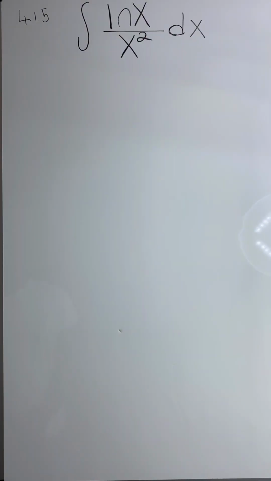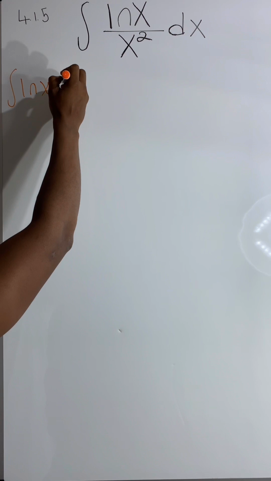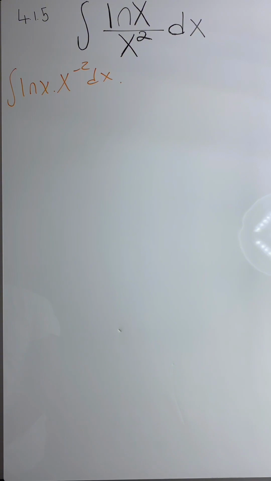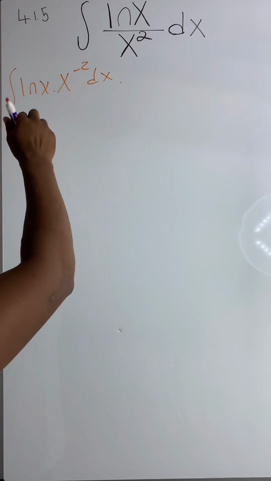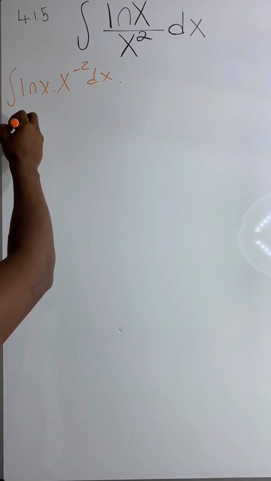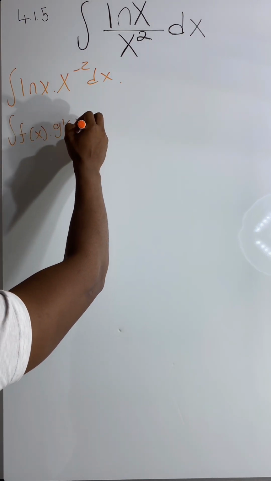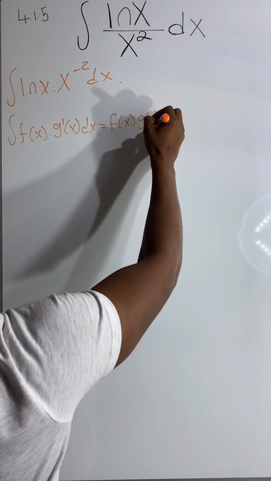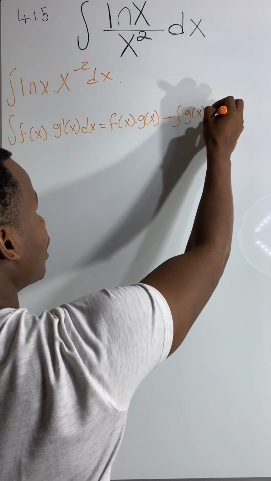Question 4.1.5, we have to determine the integral of ln x over x squared dx. We can rewrite our integral as the integral of ln of x multiplied by x to the power negative 2 dx. And for this integral, we cannot use substitution because when we differentiate ln x, we get 1 over x and not 1 over x squared. So we have to use integration by parts, where the integral of f of x g prime of x dx is equal to f of x multiplied by g of x minus the integral of g of x multiplied by f prime of x